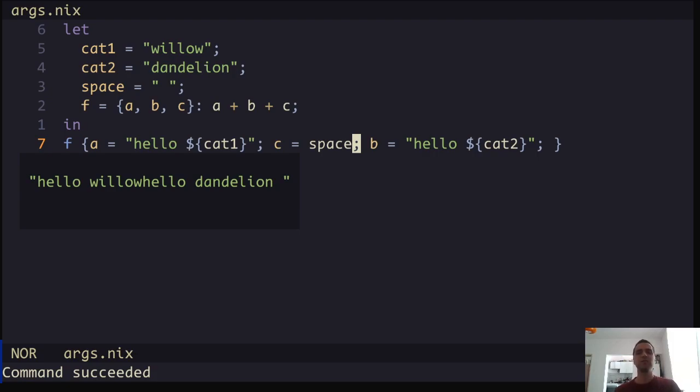Because yes, I could just put one more space in a or b, but I want to add space. It added space at the end of it, right? If we look at space, we have a space here. So that means